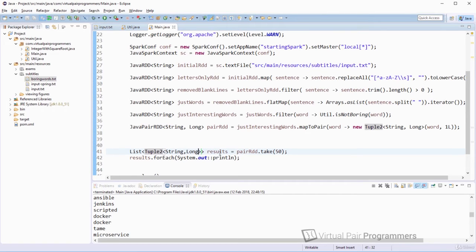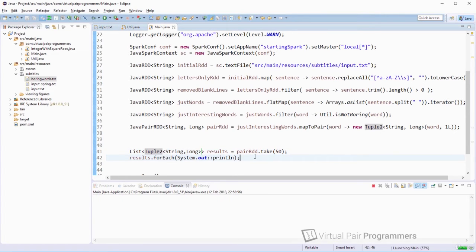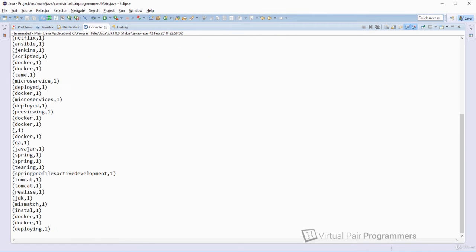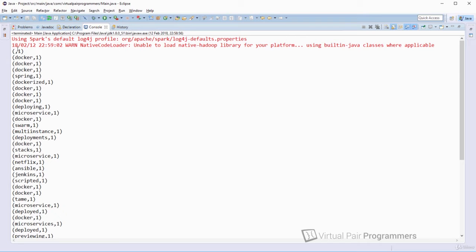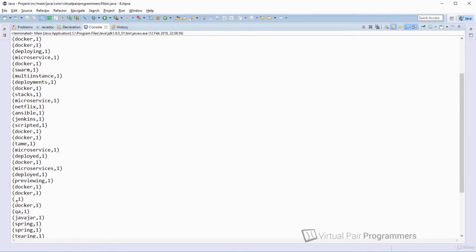And I'm assuming here that when I do a print line for each of the tuples, there will be a good toString implementation for the tuples. Let's see what we get. Yeah, that's fine. That's the kind of output that we expect. I can see there's one instance of this bad data where we've just got a blank, and there's another instance there. So it does look like possibly the word count of this is going to end up in the top